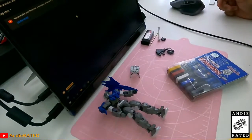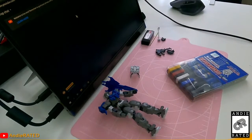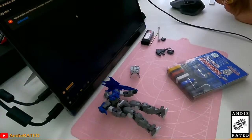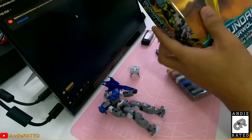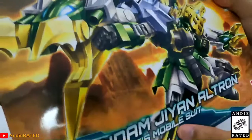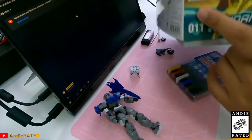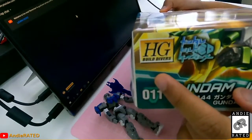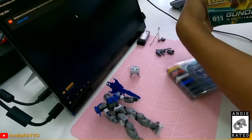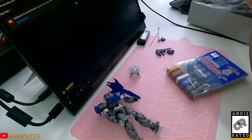my latest Gunpla I bought, which is an HG of, I don't know if that has RG, real grade or master grade. Should actually start calling it that. So I have a high grade of the G and Ultron. I fit it. Yeah, this is it. It's from the Build Divers series. Yeah. And let me check if I can see. No, it's in the manual. Let me open it up. This